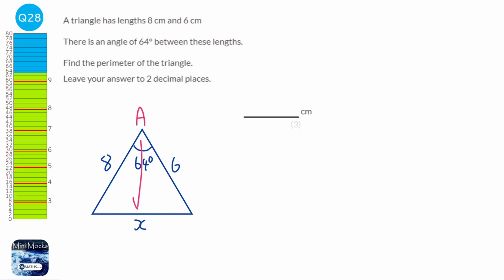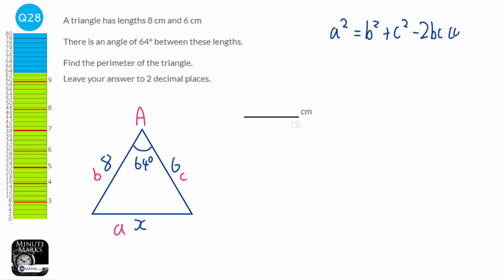And the one opposite, the one we label as A, is going to be little a. And then little b and little c, it doesn't matter which way around you do them. So we're going to write down the cosine formula. So it's a squared equals b squared plus c squared minus